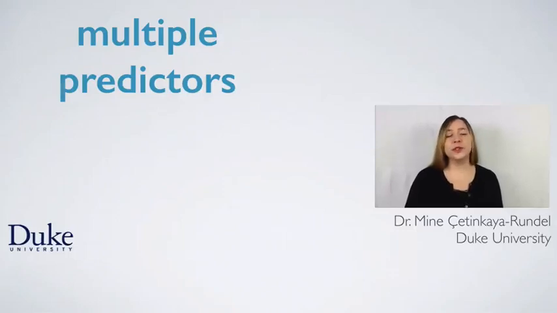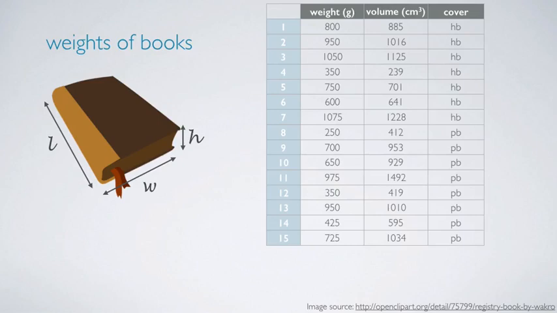In this video, we introduce regression models with multiple predictors. We're going to talk about when they might be useful, how to fit them, and how to interpret the slope and the intercept estimates. We're going to be working with a dataset of 15 books, some of which are hardback,